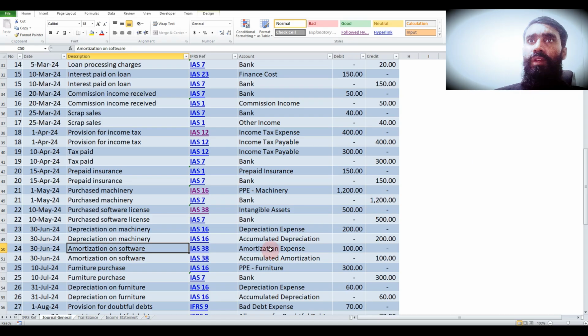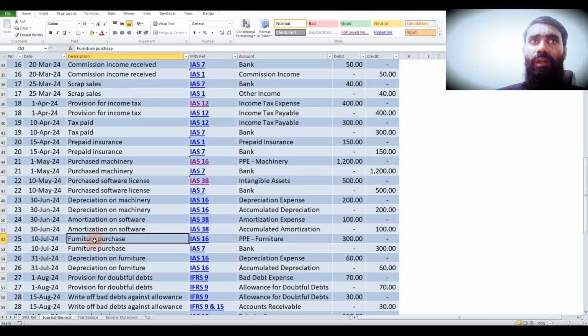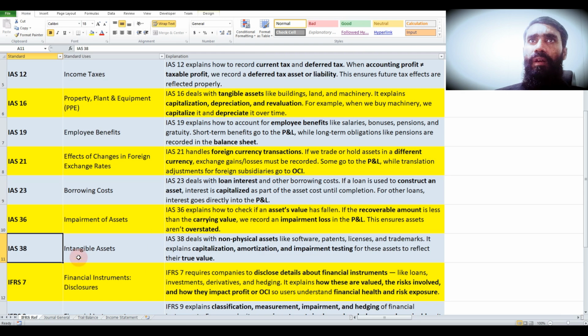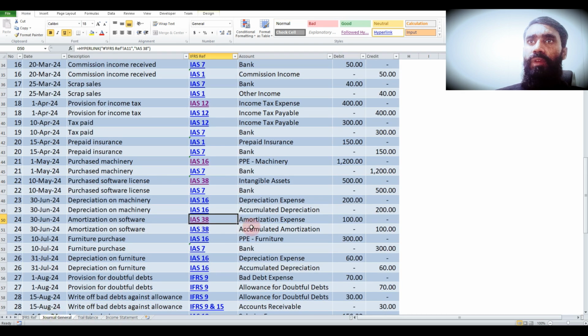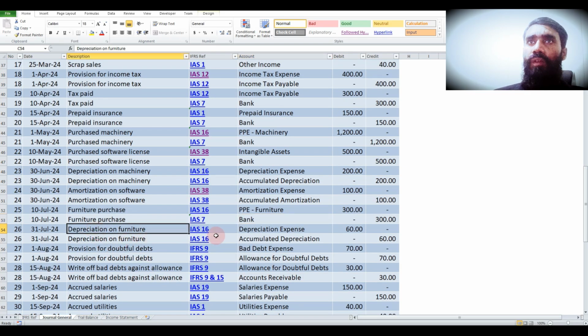Now the amortization on software: amortization expense debit, accumulated amortization credit, under IAS 38, intangible asset we have discussed before. Furniture purchased, property plant equipment furniture debit, bank credit, under IAS 16 we have discussed. Depreciation on furniture: depreciation expense debit, accumulated depreciation credit. Provision for doubtful debts: bad debt expense debit, allowance for doubtful